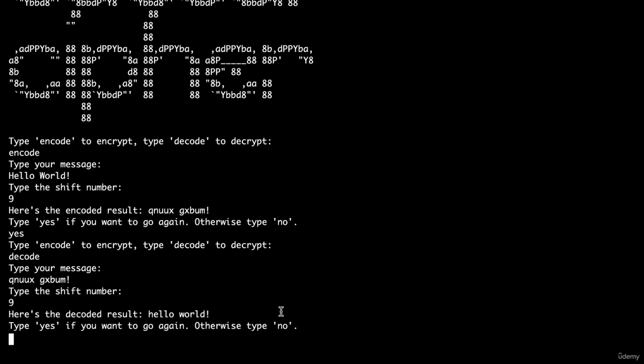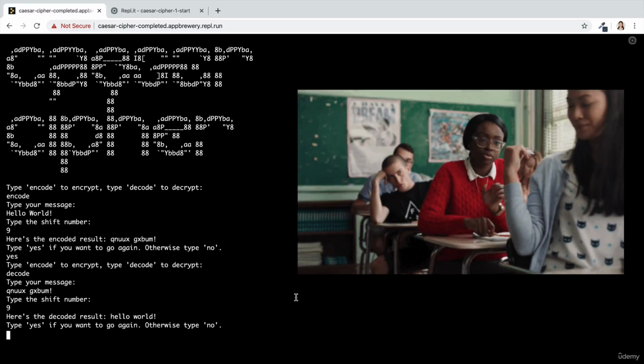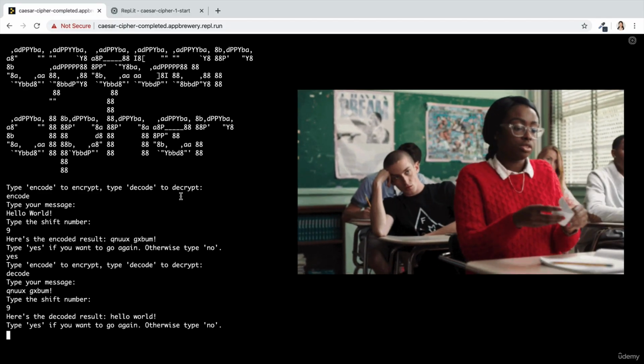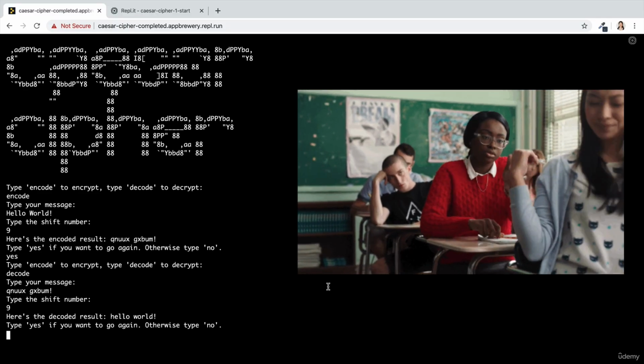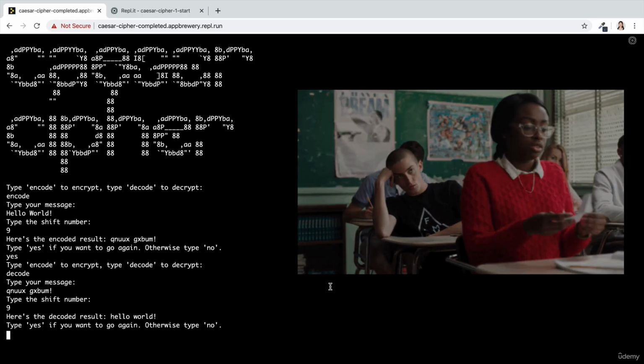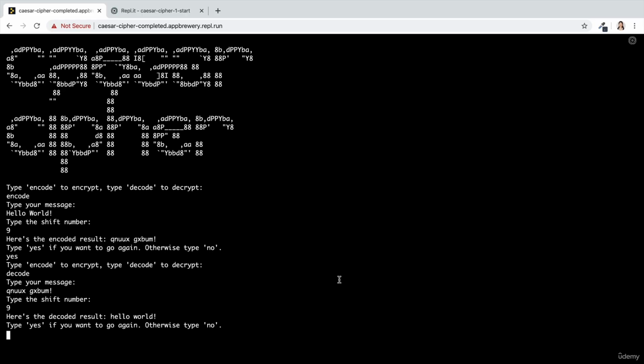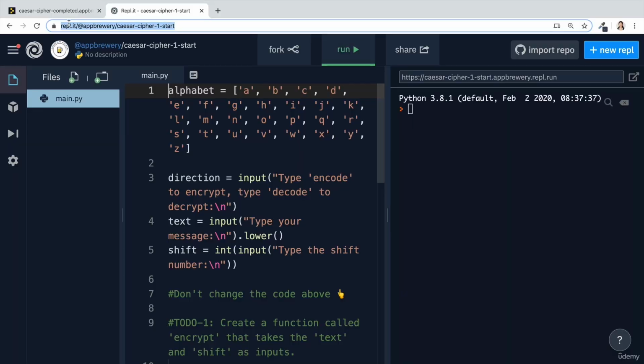So if there's people monitoring your phone, or you're trying to throw a message to your friend in a paper ball, then this is an easy way to ensure that if your message was intercepted, then it won't be understood by the other person. Once you're ready, let's get started by heading over to